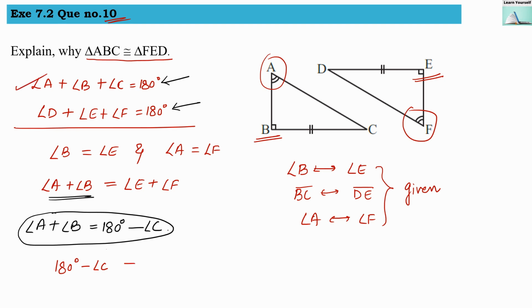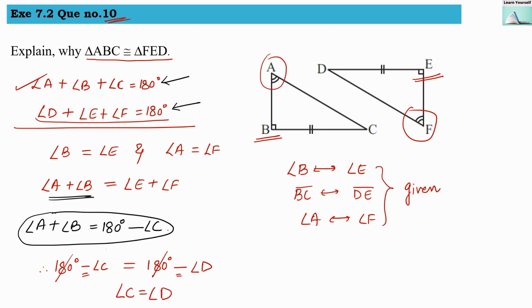Now equals to, in the same way from this equation I am writing that angle E plus angle F equals 180 degrees minus angle D. Now as you can see in this equation, 180 degrees I can cancel out from both sides. This minus sign also will be cancelled out from both sides. So angle C will be equal to